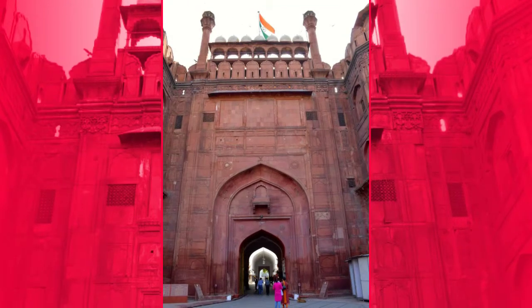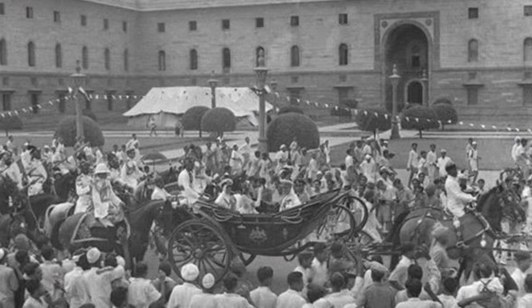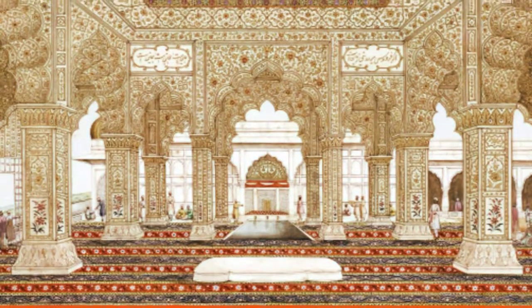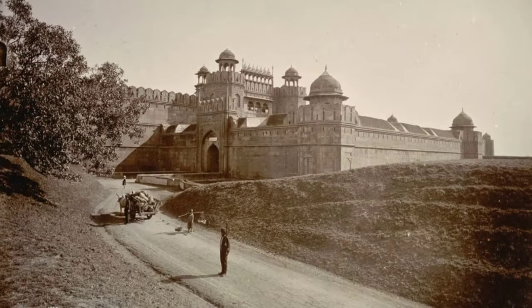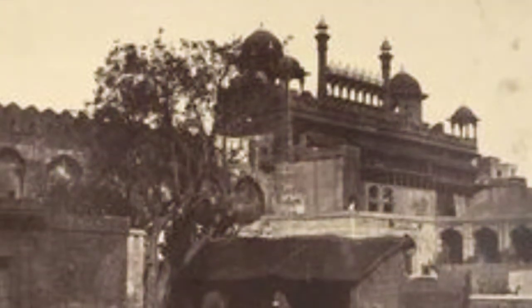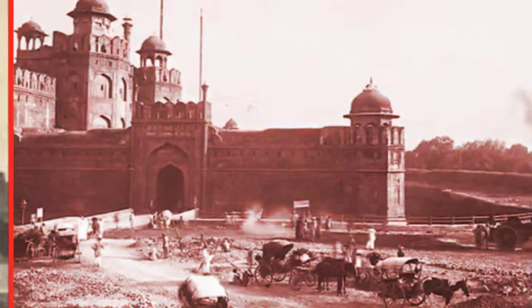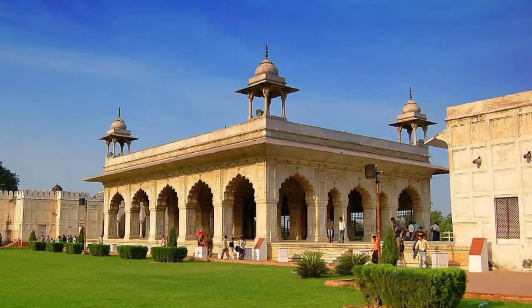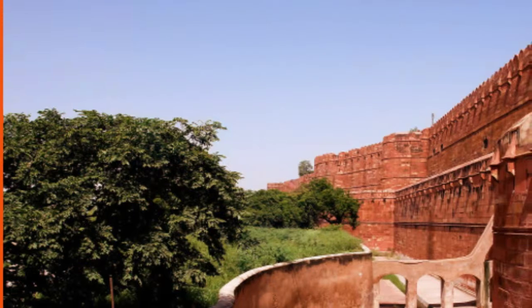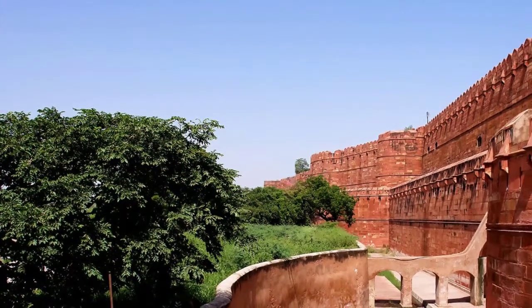The imperial apartments consist of a row of pavilions, connected by a water channel known as the Stream of Paradise, Nahr-i-Bihisht. The fort complex is considered to represent the zenith of Mughal creativity under Shah Jahan, and although the palace was planned according to Islamic prototypes, each pavilion contains architectural elements typical of Mughal buildings that reflect a fusion of Timurid and Persian traditions. The Red Fort's innovative architectural style, including its garden design, influenced later buildings and gardens in Delhi, Rajasthan, Punjab, Kashmir,